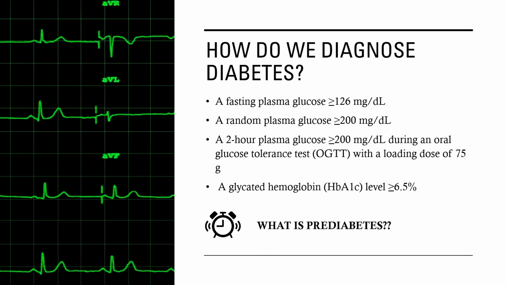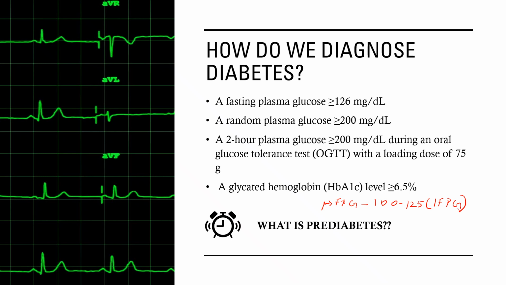Now, it is important to understand what prediabetes is. Prediabetes is a condition that usually precedes diabetes. Prediabetes is diagnosed when one of three criteria is fulfilled. Similar to diabetes, we measure the fasting plasma glucose, which will be between 100 to 125 milligrams per deciliter, and this is also called impaired fasting plasma glucose,